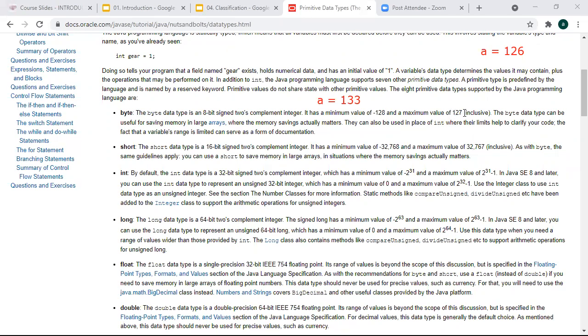If it is having more than 127, suppose 133, you can declare two types. Either you can declare it as a short or as an integer. You cannot declare it as a byte. Why? Because the maximum value byte holds is 127, but this A is holding 133. So you can declare A holding 133 as a short or integer, but which is more memory efficient? Short. Why? Because it occupies 2 bytes and integer occupies 4 bytes. So this is the type of a variable you have to take care of.